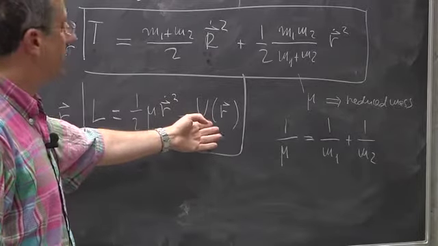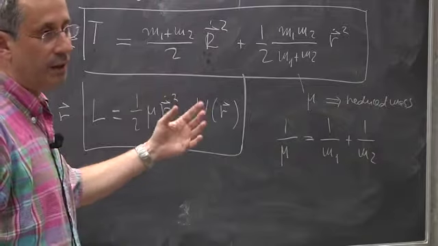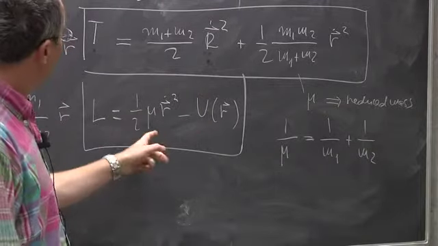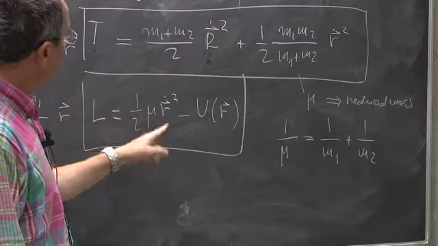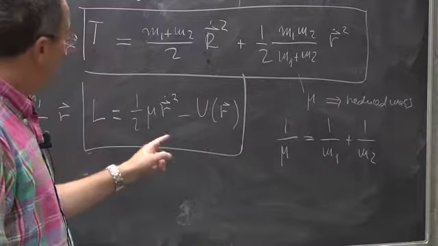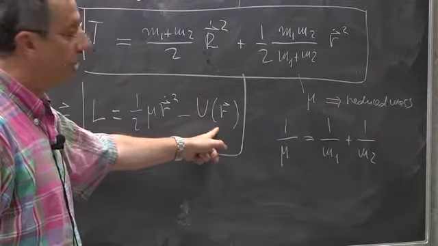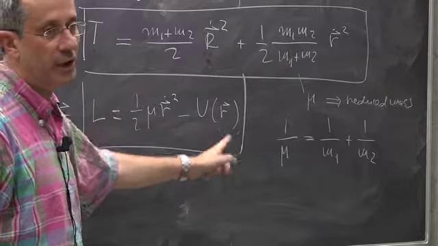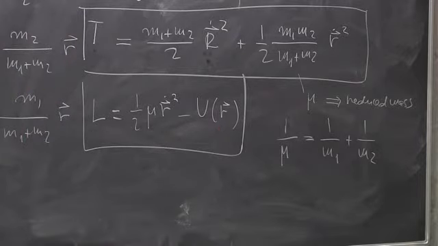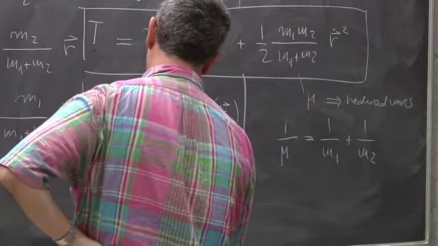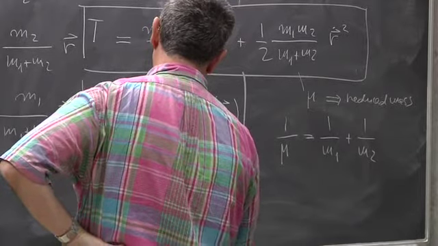But this is the Lagrangian that I would have written if I had asked you to write the Lagrangian for a single body of mass mu in a potential given by this. So you see, it's always true that the two-body problem for central forces can be reduced to a one-body problem